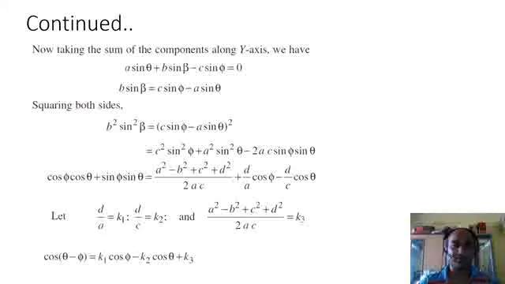In the same way we have got for the horizontal projection: a cos theta plus b cos beta minus c cos phi minus d equal to 0. Okay, now in these two equations, there is one parameter, beta, which is unknown, or very difficult to know. Phi is the displacement that we have to find out. Theta is a known parameter because theta is the input parameter. A, B, C, D are the link lengths, so those we also know. But beta is the difficult parameter, which is really difficult to find out.